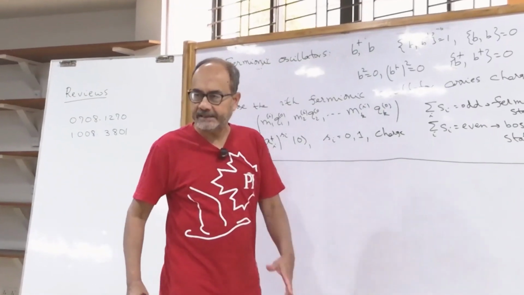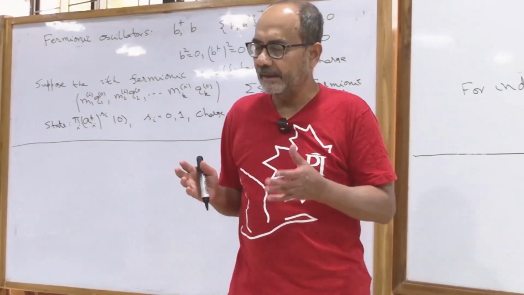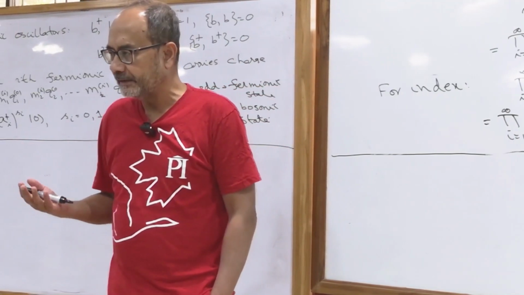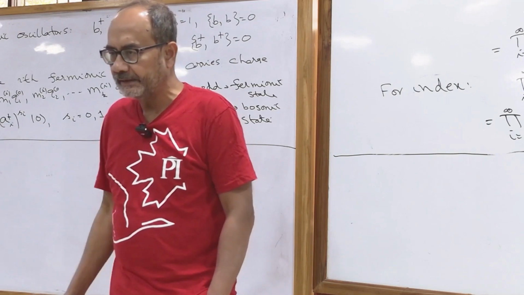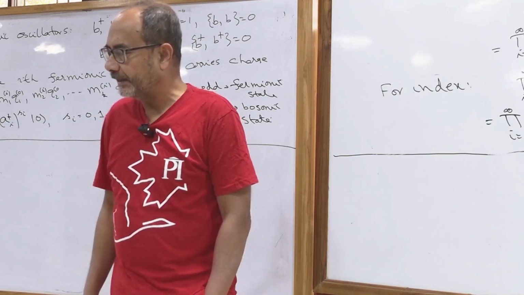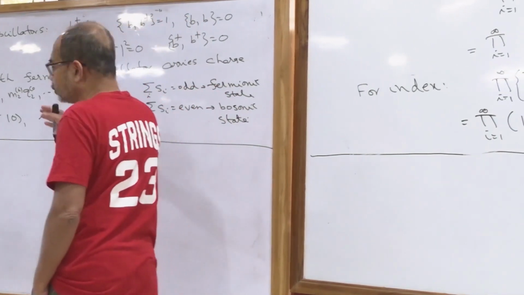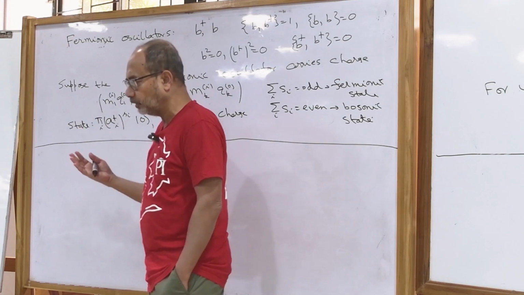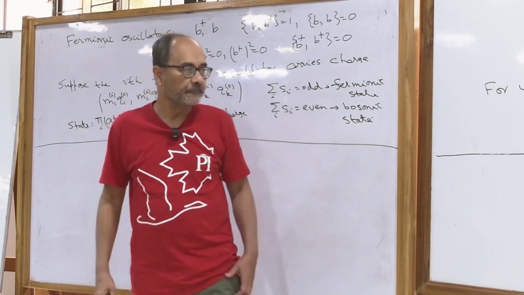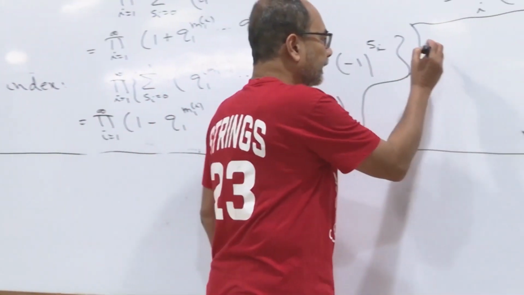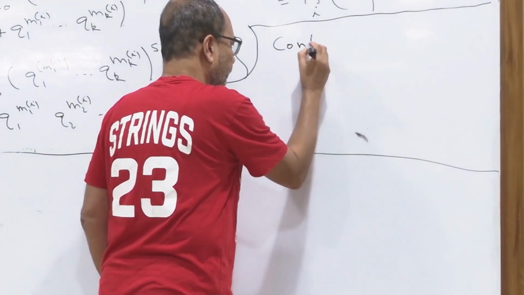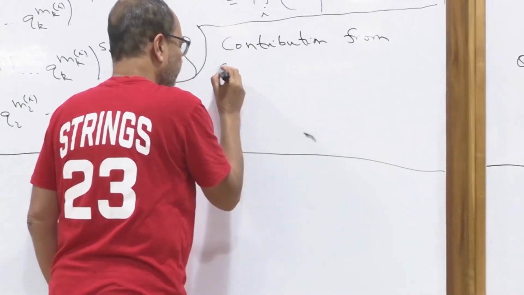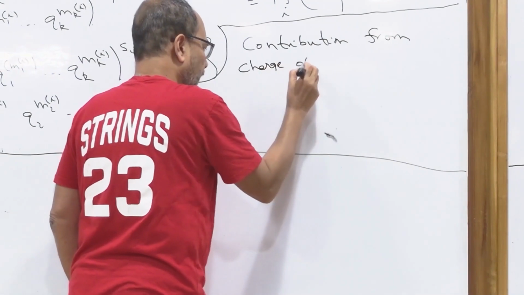And the vacuum can sometimes carry charge, just like we know that vacua can sometimes carry energy. For the harmonic oscillator, the ground state energy is not zero, it's half h bar omega. So the same principle applies to charge. Because of normal ordering issues, one finds that sometimes a vacuum may also carry charge, and that gives an additional contribution to this f, the partition function. So the contribution from the charge of the vacuum